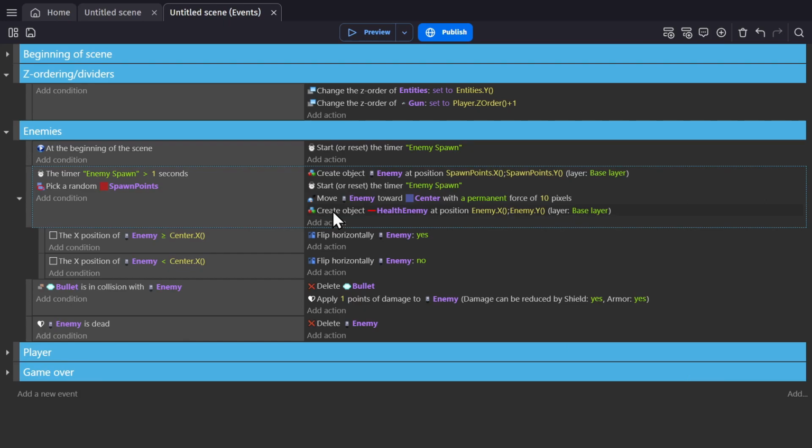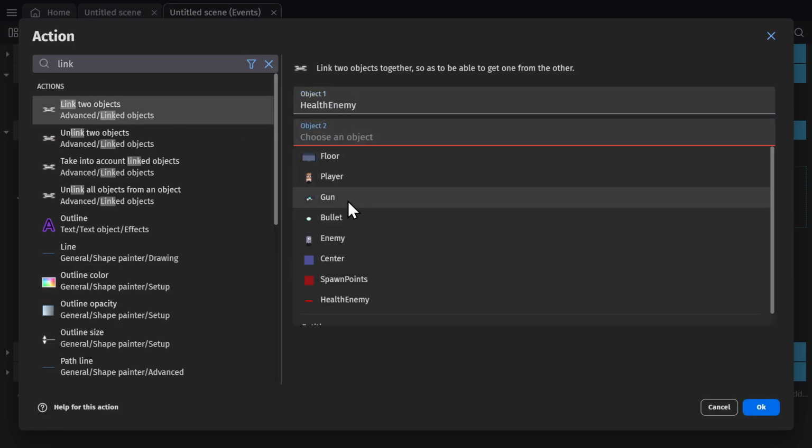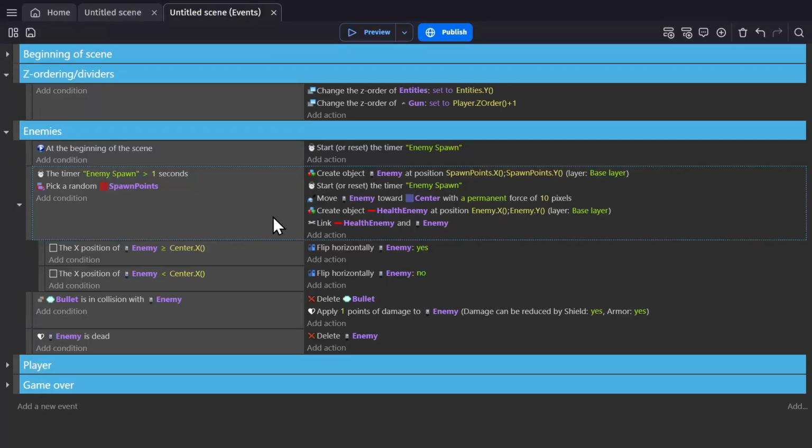So we'll be creating the health bar when we create a ghost object, and then we'll be using the action to link that health bar to the ghost, which will let us do something later. And because the ghost and the health bar are created at the same time, when we tell it to link, it's going to link two of those objects together because they've already been picked, and it will ignore all of the other ones in scene. So now that it's linked, I can make an event that positions